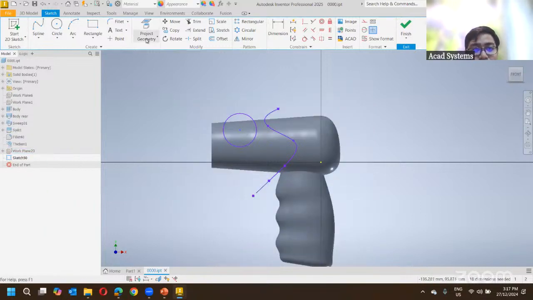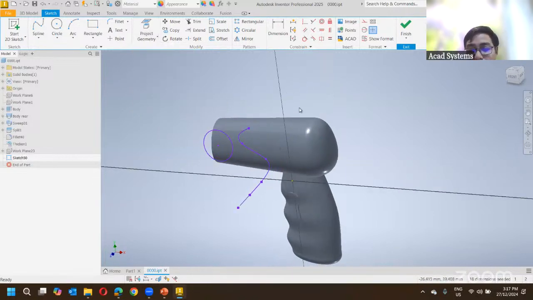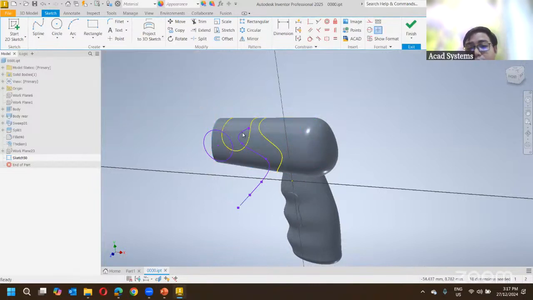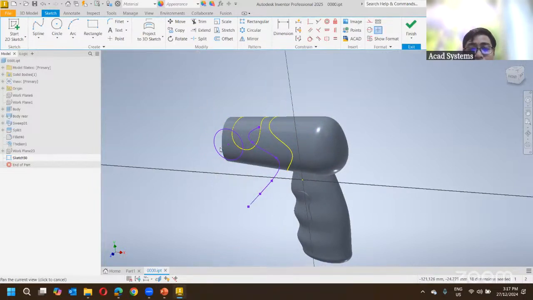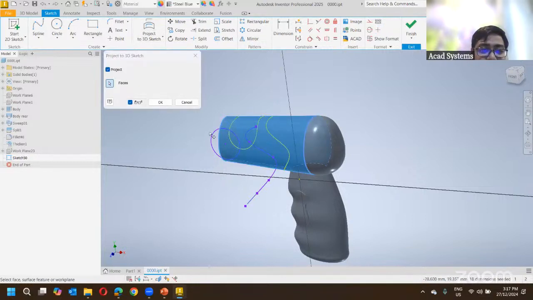So under here, we have the project geometry and we have project to 3D sketch. This one allows you to create a sketch on top of the other solid. So if I click over here, project to 3D, I can select this face and automatically it will apply all of the sketch that I have over here. Right, but I don't have many selections to sketch. I just select this face here and automatically it will select both of these lines here. So maybe I would like to have more